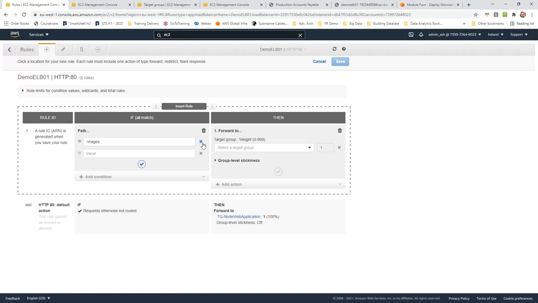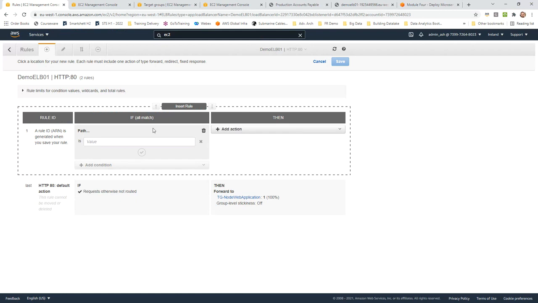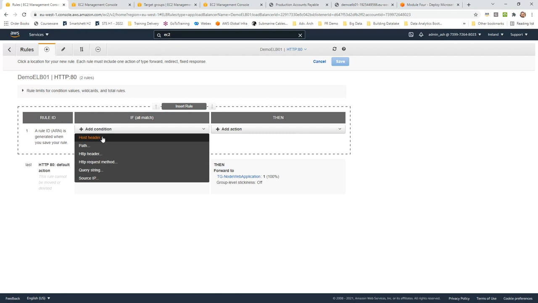We can forward based on information coming in the header. Let me close this and open it again. I can add a condition, which could be path-based, an HTTP header, a query string, a source IP, a host header, or the request method which is coming in.